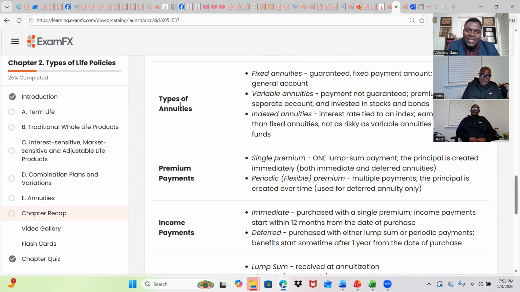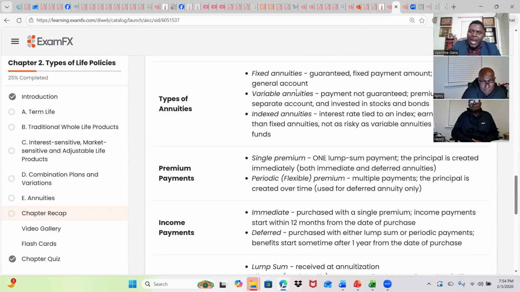So there are different types of annuities. There are fixed annuities, which means there's a fixed interest rate that the annuity grows by. It might be 7.75, it might be 9.25, but it depends on what we contract with the annuity company. There are variable annuities, which just means they invest part of your money in the variable sector, in the stock market, in separate accounts. So it's higher risk. You might make higher returns, but the risks are higher because you might lose part of your money as well.